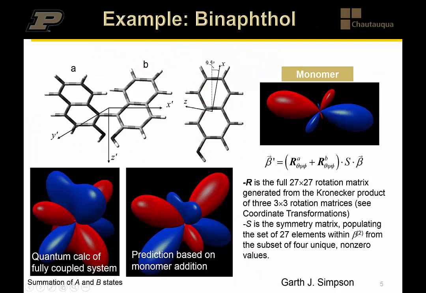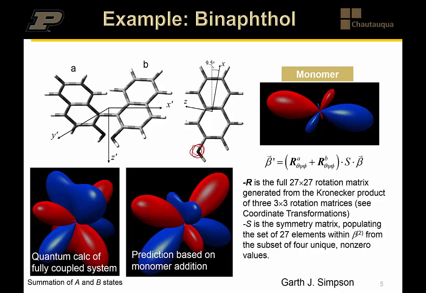So does this simple sum and difference work? Let's choose something where it really shouldn't, and then see how badly it fails. The example that we're going to start out with is a classic one. It's binaphthol. And the reason I say that it shouldn't work very well is that apart from this oxygen right here, this is a completely centrosymmetric structure and should generate no nonlinear polarization for either sum frequency generation or second harmonic generation. So it's really just the breaking of symmetry from the oxygen that is a sufficient perturbation to allow any